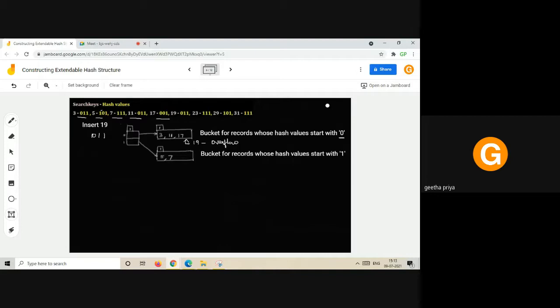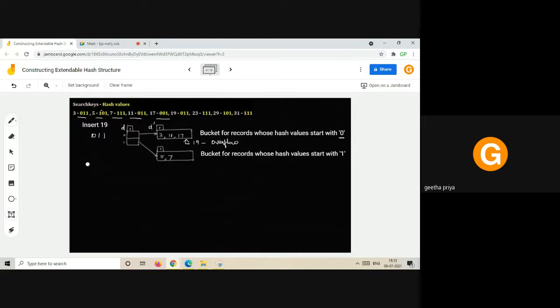So when overflow occurs, you have to check which of case 1 or case 2 is satisfied here. Overflow occurs and D is equivalent to D dash. Yes or no? The global depth and the local depth are the same. Which means there is no bucket address in the directory that could be extended, because only two bucket addresses are there that were pointing to two buckets. Clear? So now when overflow is there, this bucket has to be split and one more bucket will be newly added. So the directory entry is not sufficient.